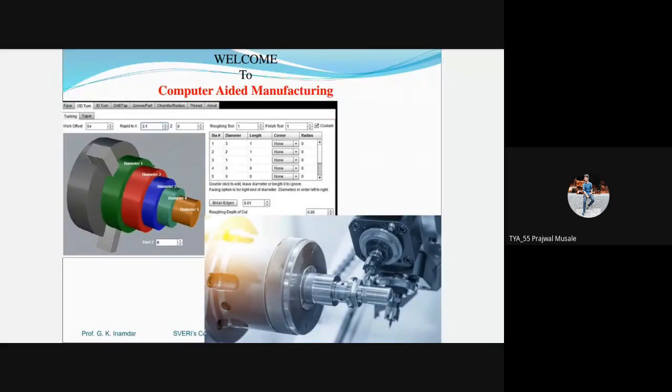Whatever the different machines there are, different types of programs there are, the procedure of the manufacturing, and which type of machines are required. This type of study, with the different software required for computer manufacturing, we have to study in this section.